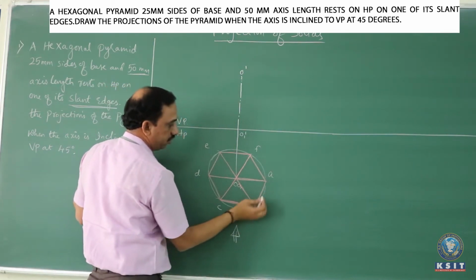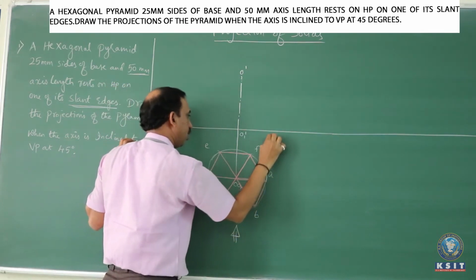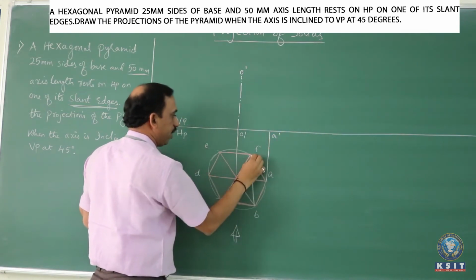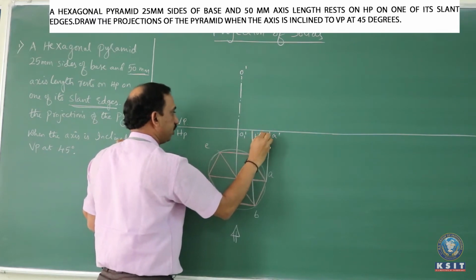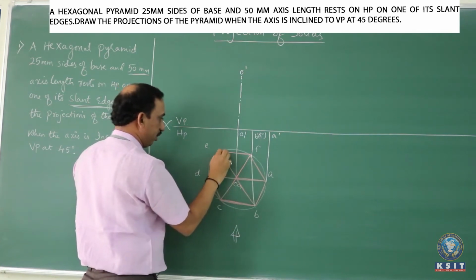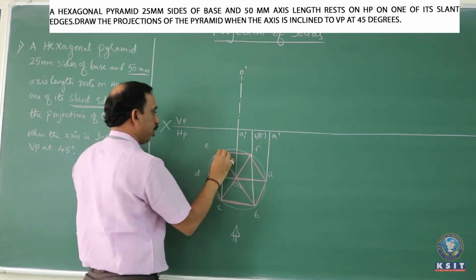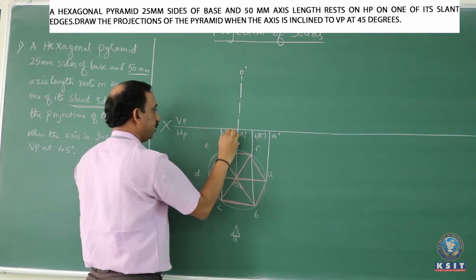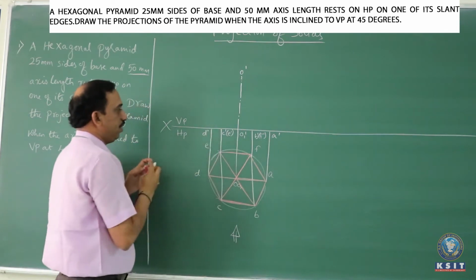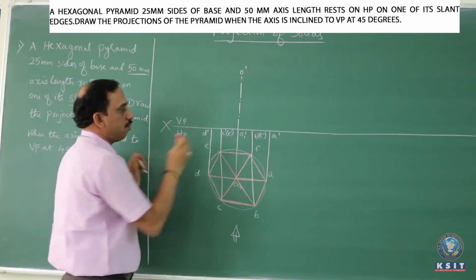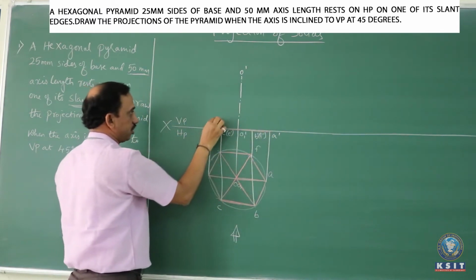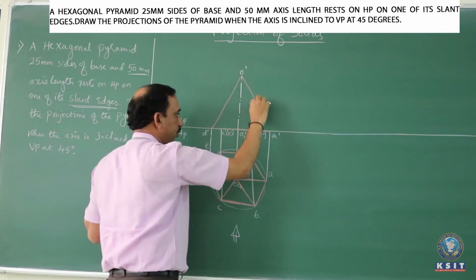Now when the observer sees from the front, take the projection from A to get A dash on the XY line. B and F are going to coincide, so when you take the projection, this is B dash, F dash. Initially B is seen, later on F. Similarly, C and E are going to coincide, so this becomes C dash, E dash, and from the corner D you get D dash. Once you have done this, now form the base face in the front view. Have the slant edges. Connect D dash to O dash to A dash.